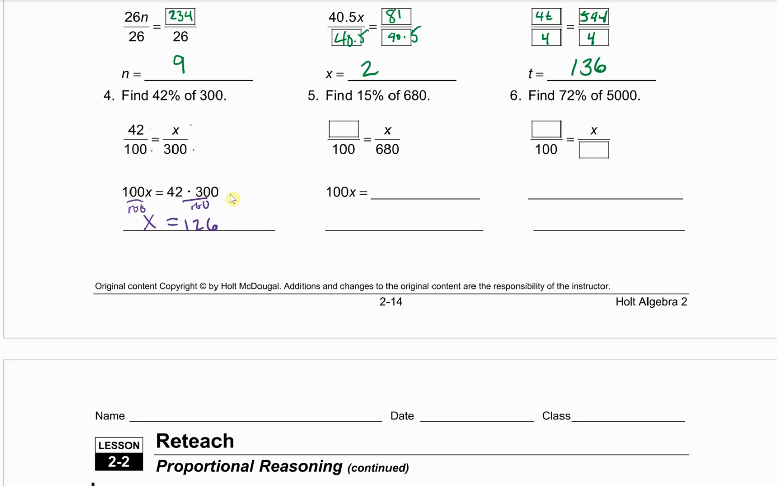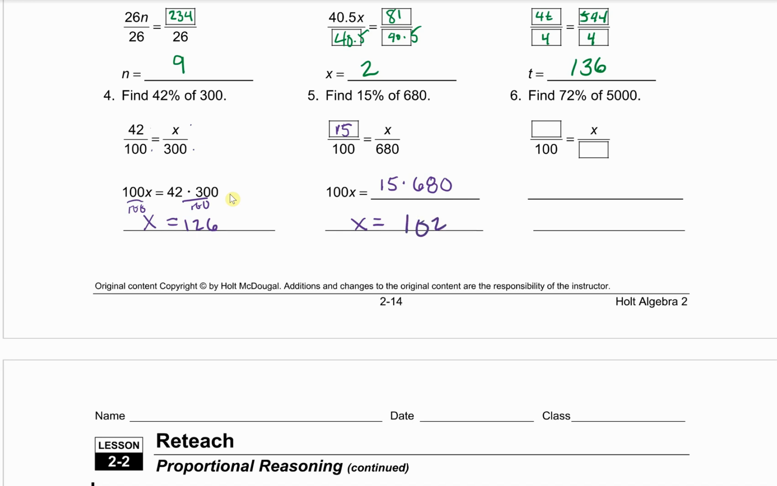15% of 680. Well, percent always hangs out with 100. So look, I'm going to put 15 right up here above my 100. Do some cross products. Again, 15 times 680. Don't get afraid of the big numbers. And then I'm going to divide by 100. 15 times 680 divided by 100 gives me